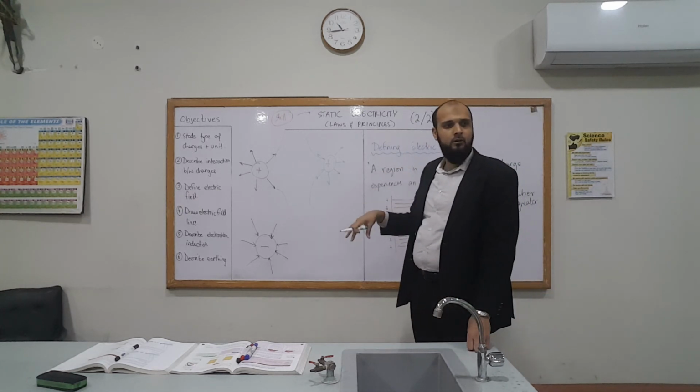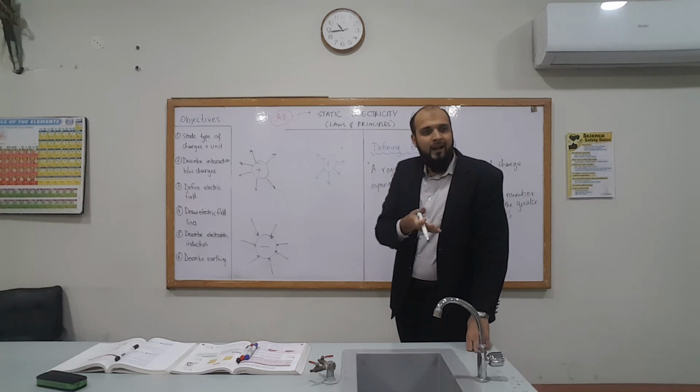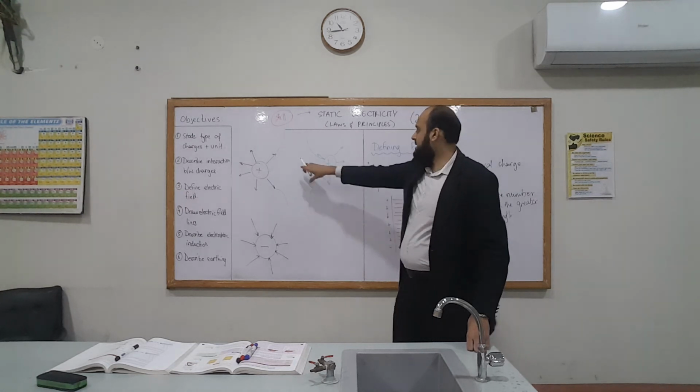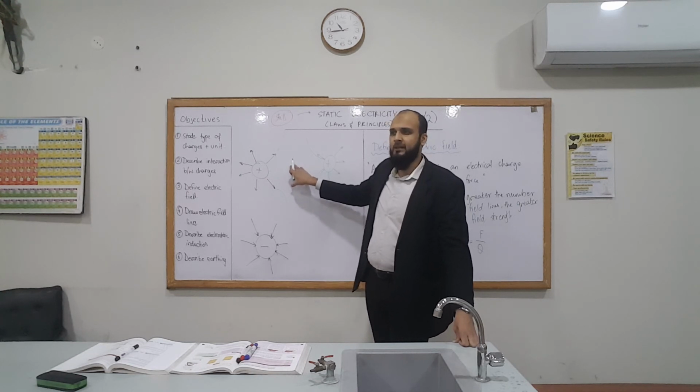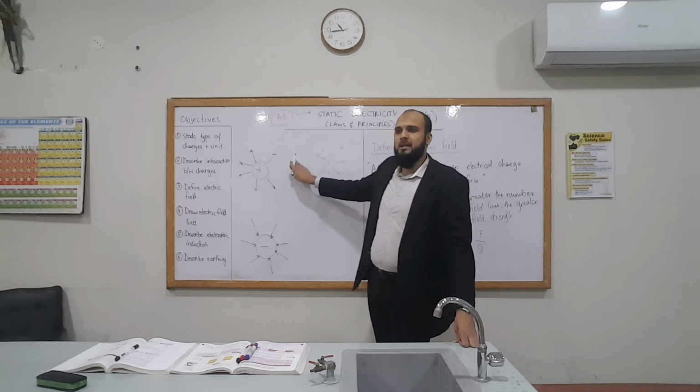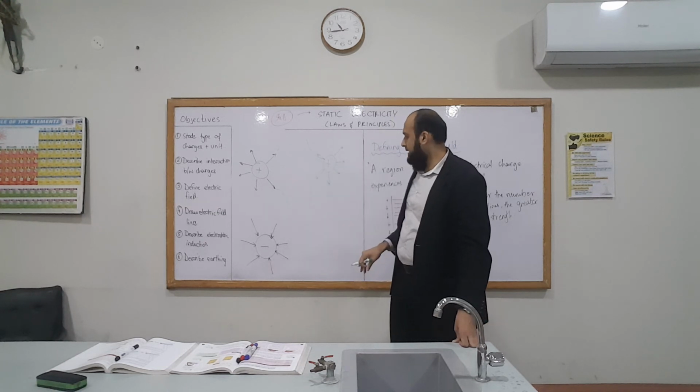So does this make a vacuum? Huh? So does this make a vacuum? Not necessary. Vacuum is the absence of matter. This is the absence of field lines. Not necessarily the absence of matter. ठीक है? लेकिन एक null space, no field lines exist here. ठीक है? तो एक interaction exist करता है.